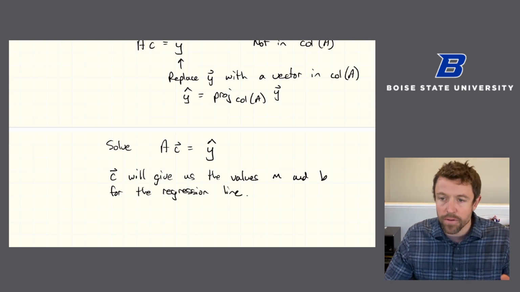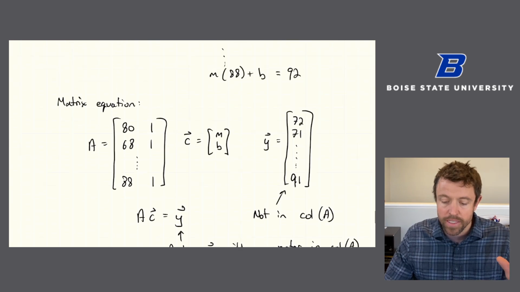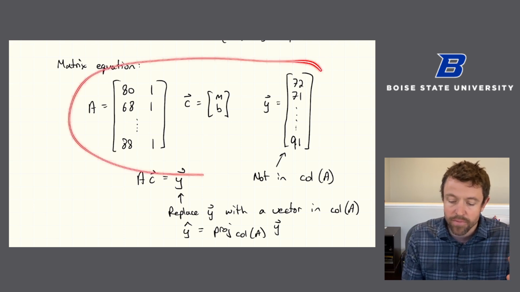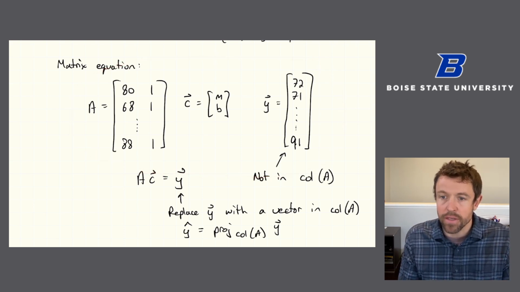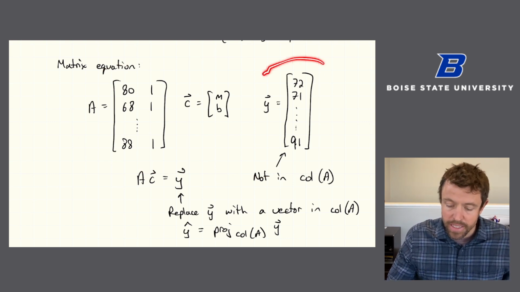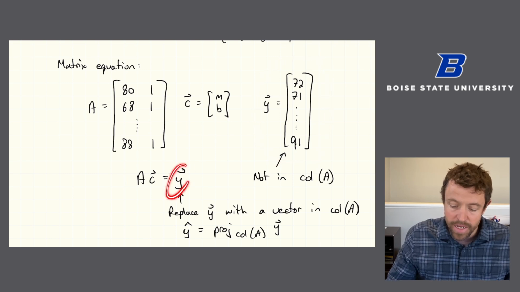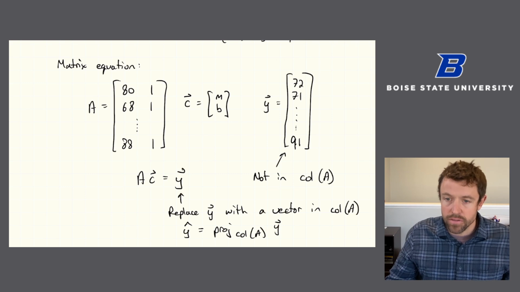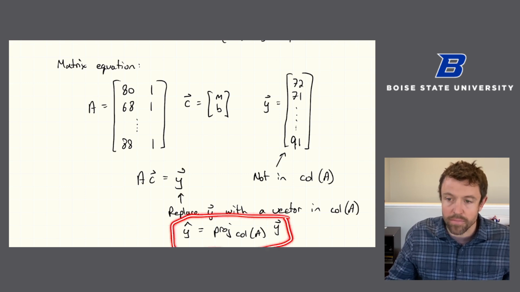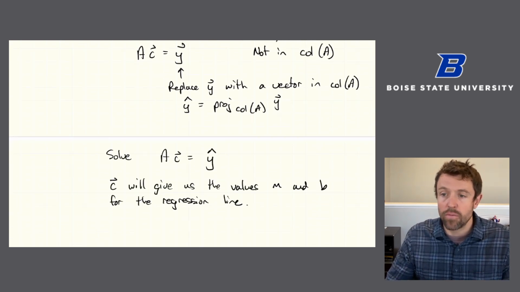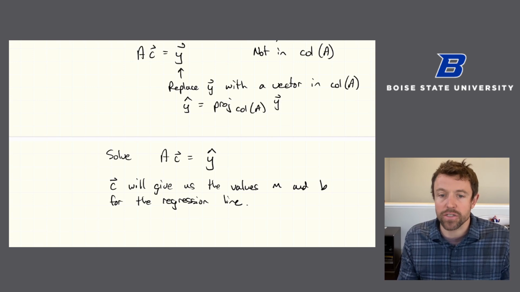So we're taking a totally different perspective. Instead of saying we have a line that doesn't go through a bunch of points, we're saying we have a system of equations that doesn't have any solutions, and we're going to change it into a different system with solutions by replacing the right-hand side value with the closest vector that will give us solutions, which we get by projecting into the column space. And that's going to be equivalent to what we did in that other picture, minimizing the